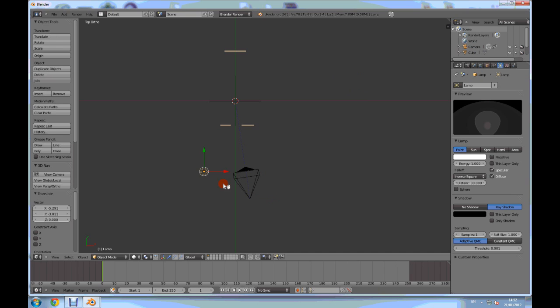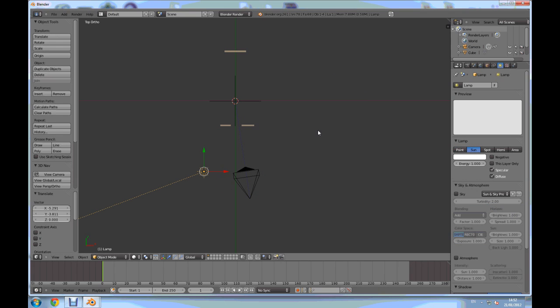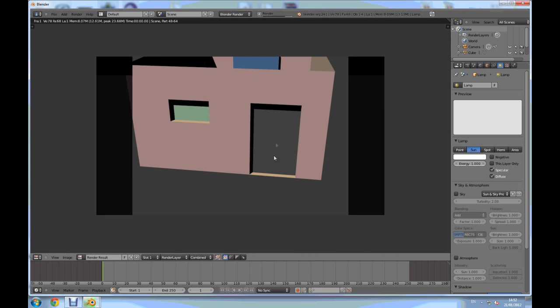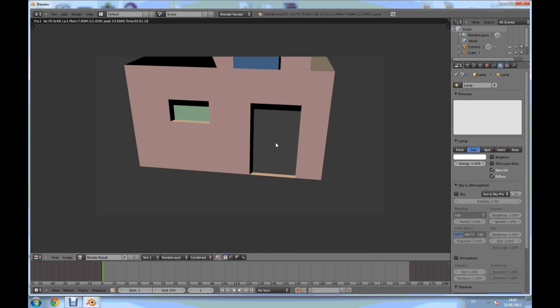Grab it here and change it from point to sun. R to rotate, 3 to the side view, and G. Now render. We've got materials, but there's no textures yet. So